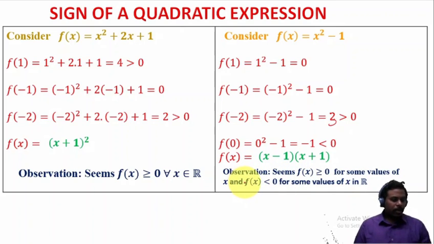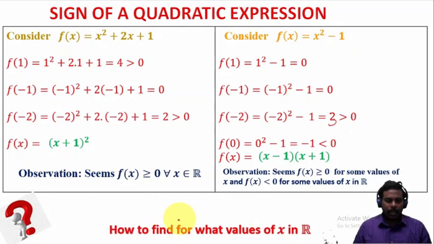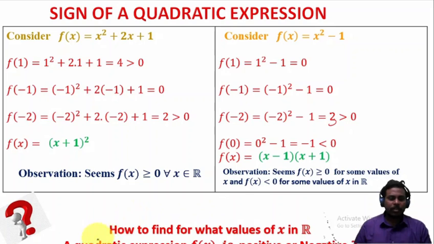Now I got a question here. The question is, for what real values of x does a given quadratic expression take a positive sign or a negative sign? How to find out for what values of x in real numbers a quadratic expression f of x is positive or negative? For this question, we'll try to answer it